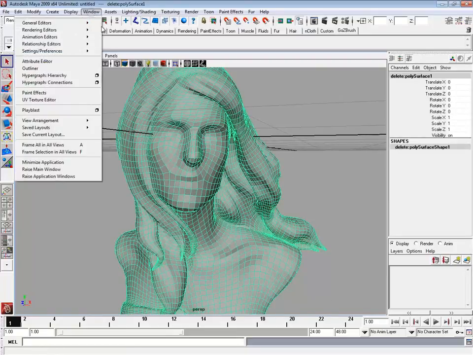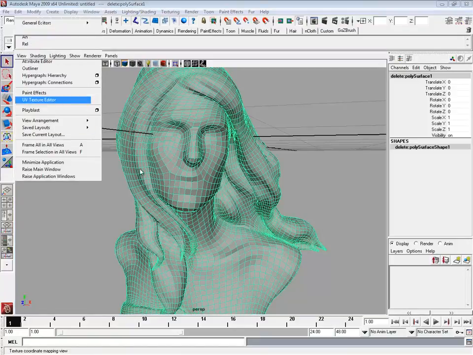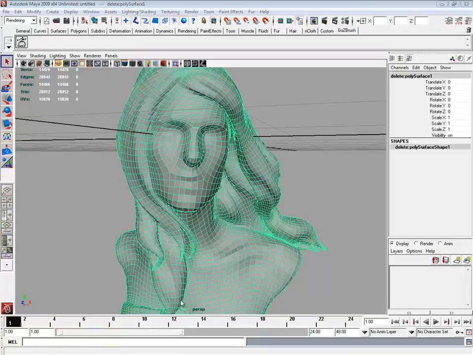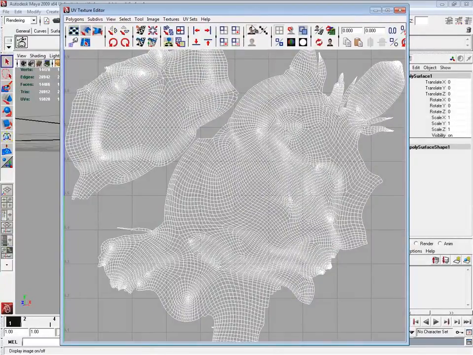Okay, so we come in here, Windows, and where do they put these things? All of this changes, of course. Okay, so we've got these guys here.